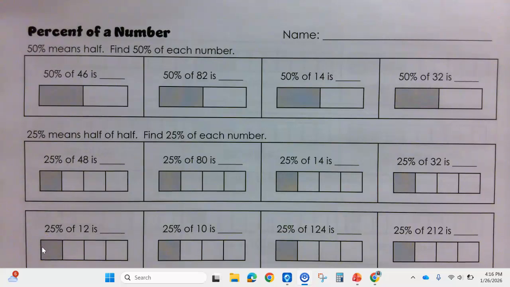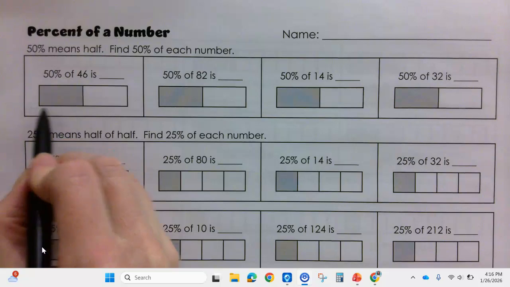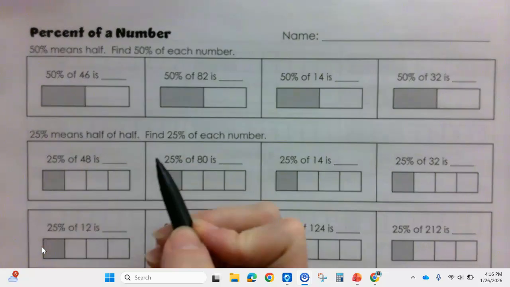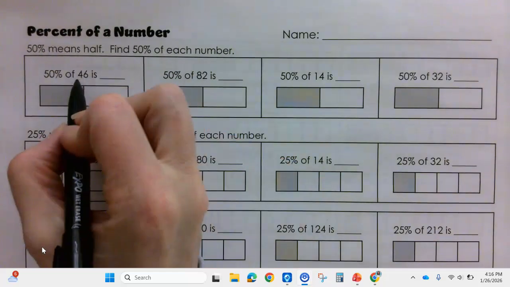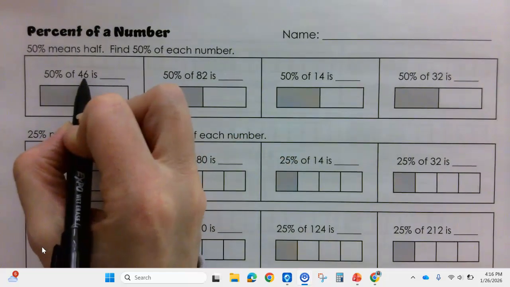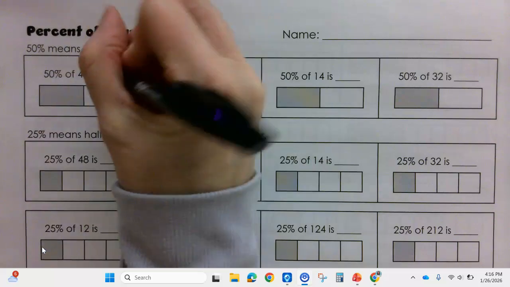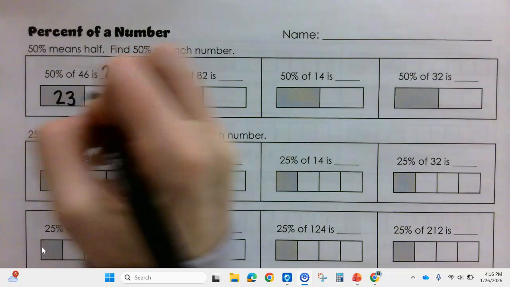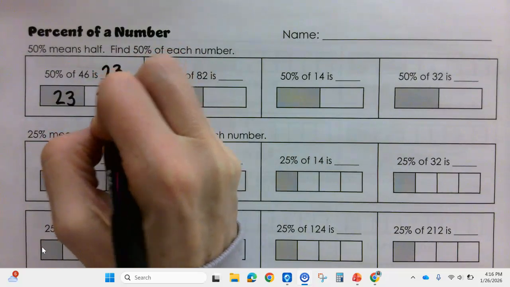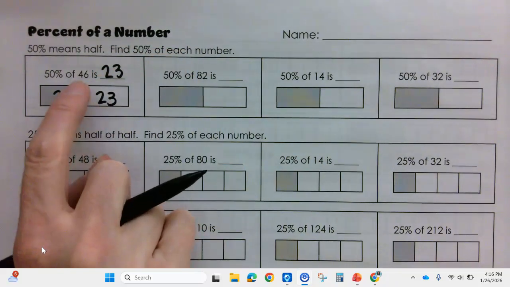50% means half of a number. So if this whole entire box represents 46, we want to find half of that. Half of 40 is 20. Half of 6 is 3. So 23. So this half would be 23, this half would be 23, and then altogether that would be the